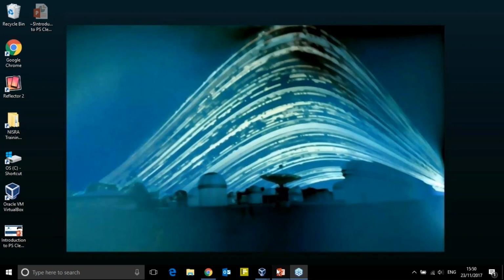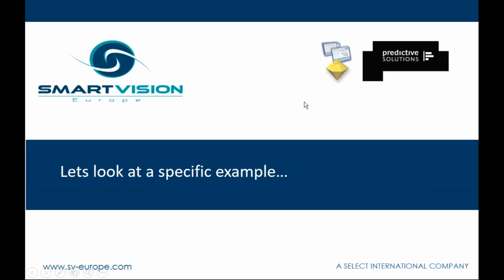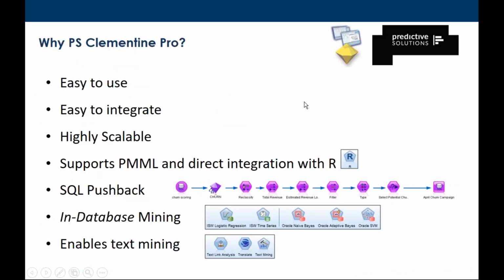Let's return back to the slides. I'll just finish up here so you can see what we've got. So why use PS Clementine Pro? Well, it's relatively easy to use compared to a lot of other predictive analytics workbenches. It's fairly easy to integrate it with existing systems because it's very open. It doesn't really have its own native file type. We've seen some examples there of